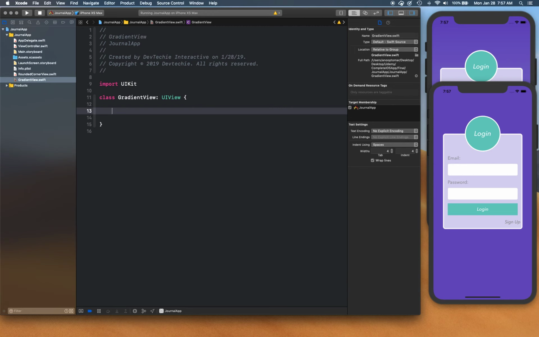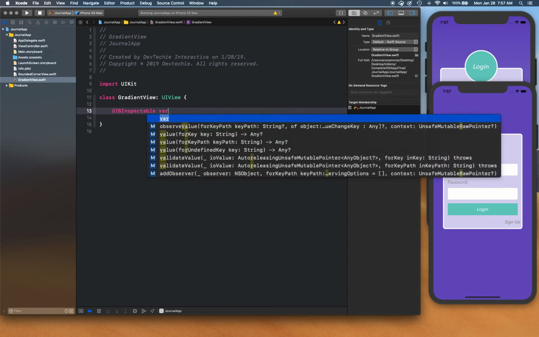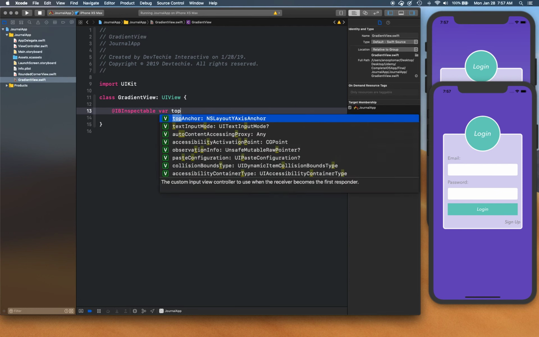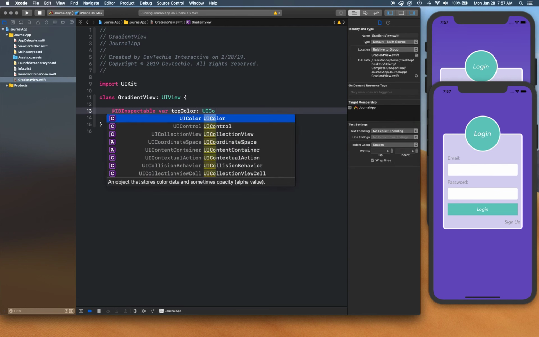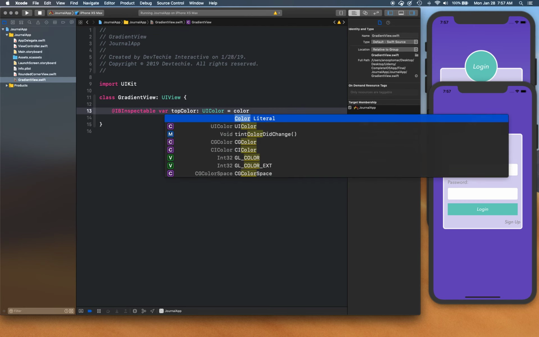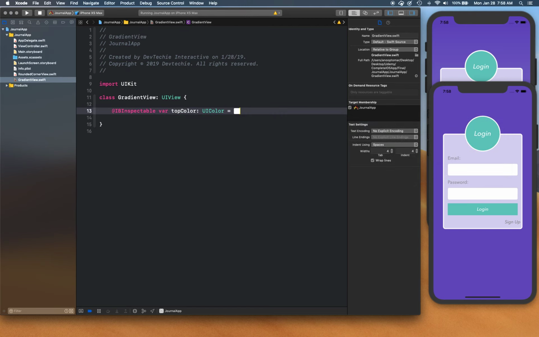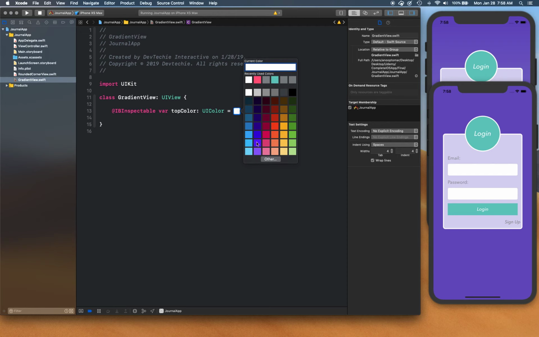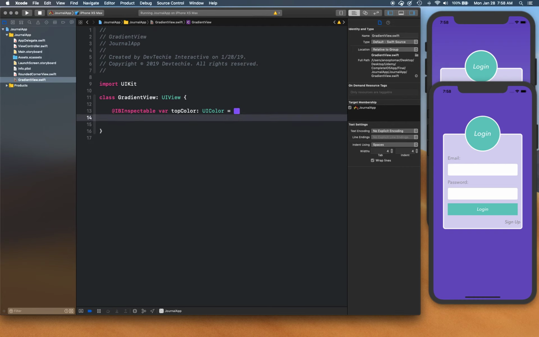So you already know how to create it, but let's go ahead and try it out one more time. It's going to be IBInspectable var topColor, and this is going to be UIColor. We can use something called a color literal. You simply type color literal and press enter. You're going to see this white color here, and you can select a color. So for example, if I select this purple right here,